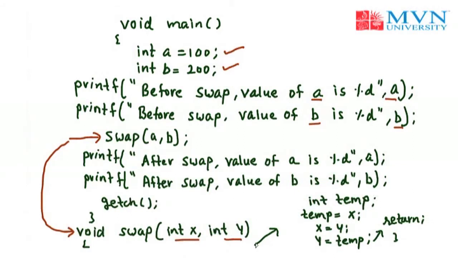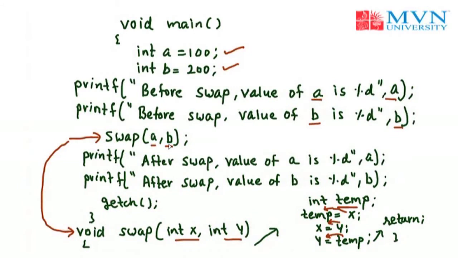In this function, we swap the values of x and y using a local variable temp. First we assign the value of x to the temp variable, then the value of y will be assigned to x, then finally the value of temp will be assigned to y. So like this, the value of x is assigned to y and the value of y will be assigned to x. So the values of x and y will be swapped. Then the return statement. So in this program, when we call the function swap, the values of the variables are used, and this mechanism is basically the call by value method using functions.